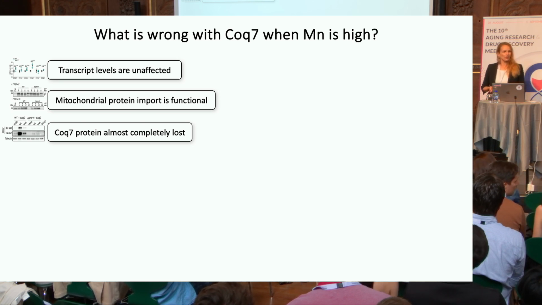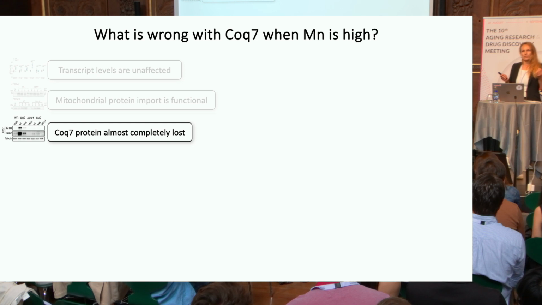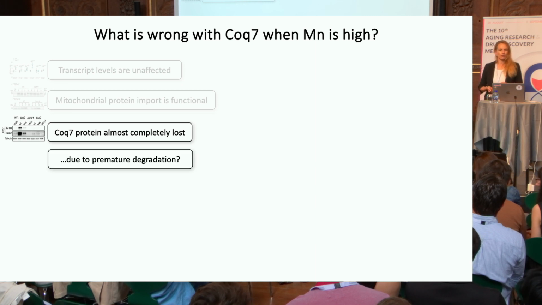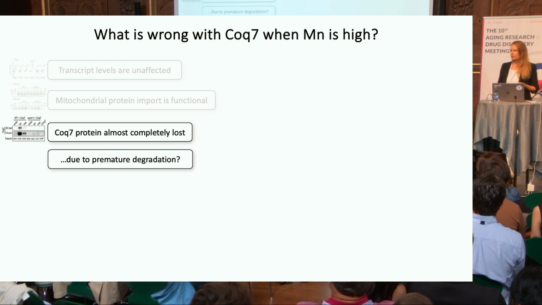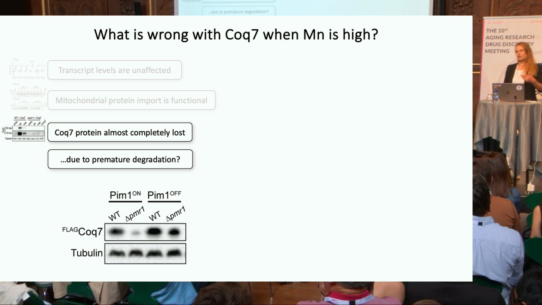We checked transcription was unaffected. We checked mitochondrial protein import was unaffected, but still the COX-7 protein within mitochondria was almost completely absent. So we thought that maybe this is due to premature proteolytic removal and went for the major protease within mitochondria. It's the lone protease. In yeast, this is called PIM1, and we generated a strain that allows us conditional depletion of